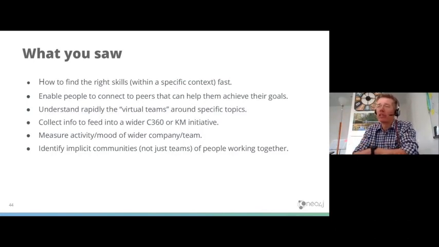But if you look at the screen that Morgan showed, where we show which documents are used most in the context of a specific customer, or what skills are relevant to a specific customer, those are elements that are very useful to our support teams, for instance. We've shown examples of how you can measure activity across specific customers or in teams, how you can measure the mood changes, and how we find virtual teams or implicit communities. I hope that all came across.